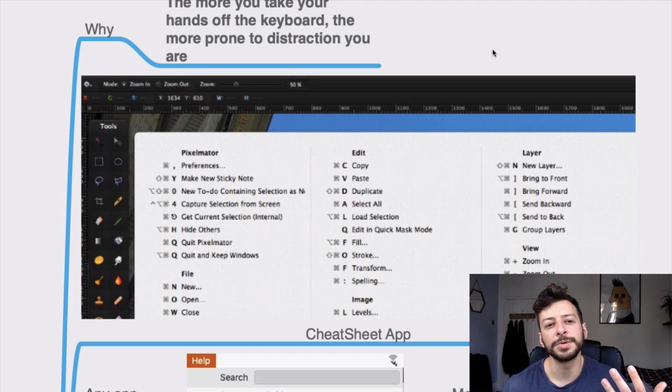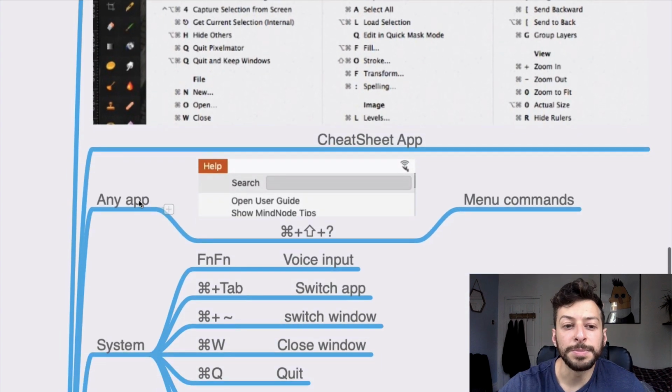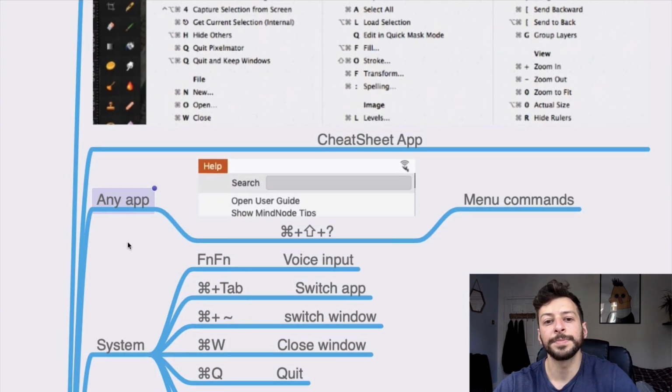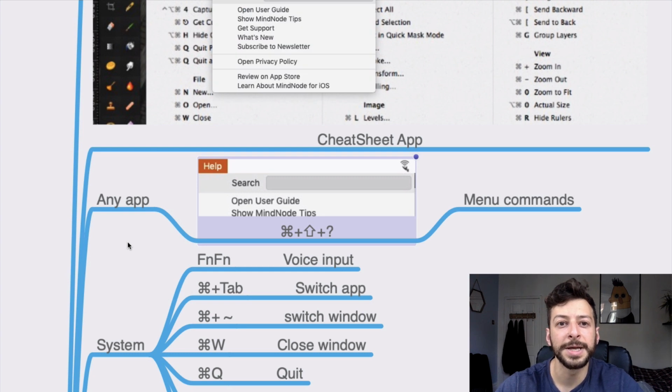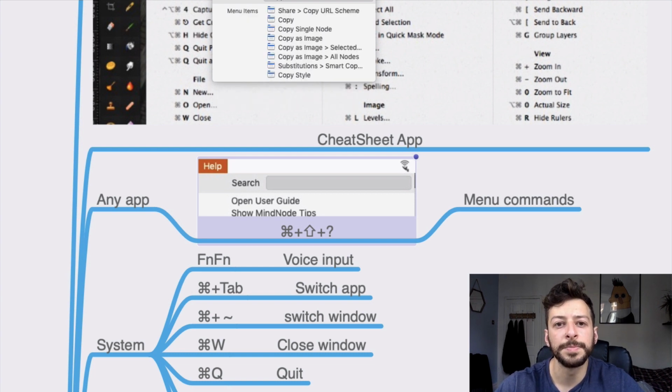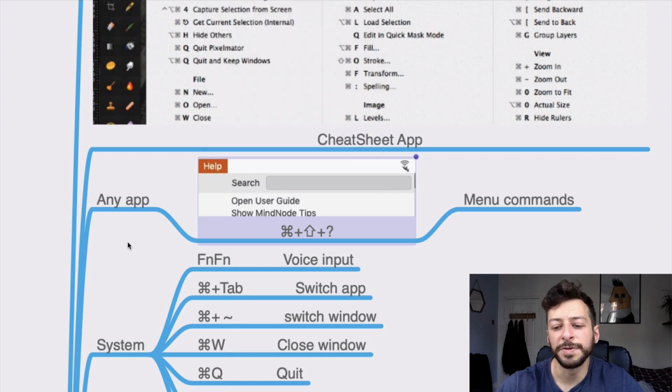Get yourself used to seeing what it is that you have to do to select all, paste, whatever, and eventually that'll become so second nature that you won't need the cheat sheet app anymore. Some of the ones that I use the most, for example, this one. Across any app you can press this, and then that brings up the meta search function. That allows you to then say copy or paste or whatever,